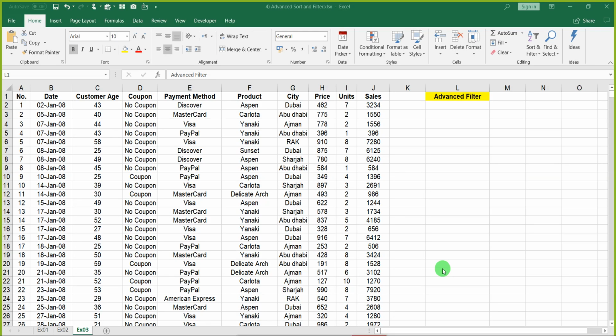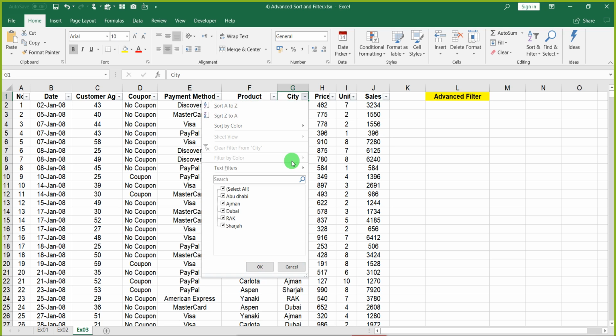Okay friends, in this video we are going to learn all about the advanced filter, a very interesting topic, and here I will show you how the advanced filter works. Normally, how do you do the filter? We put the cursor and then press the shortcut Ctrl Shift L, and then you come over here and